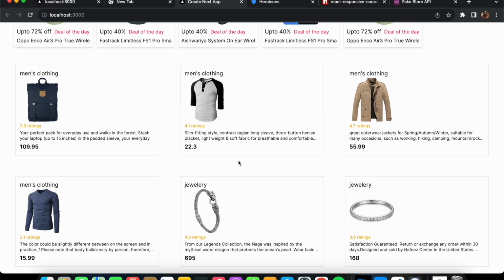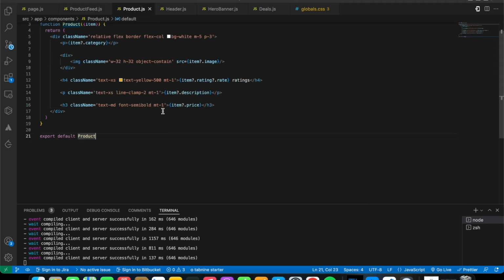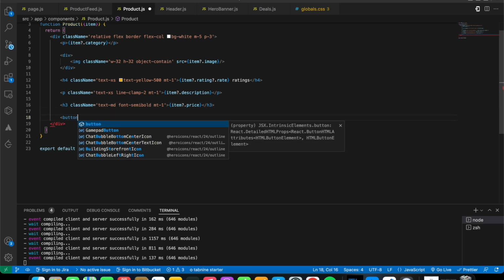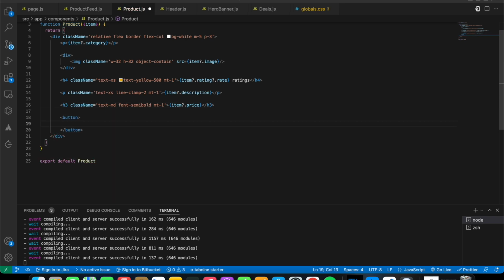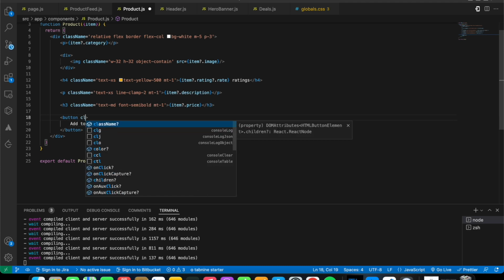So now after that, firstly, let's come back to our product component over here, and we're going to give the styling for the next part after designing the button. So initialize the button. So this is going to say add to cart. So for the button, let's give the styling. So class name,